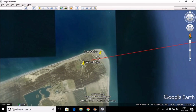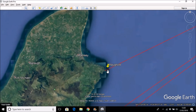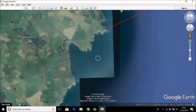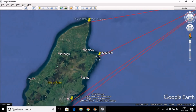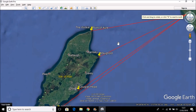Then a little further south we have the Maughold Lighthouse, a lighthouse built on a cliff face. For those of you not familiar with this whole story, the Maughold Lighthouse is quite important in the discussion that's been had about the Isle of Man. It's just here on this headland and is 65 meters above average sea level. Both these lighthouses, all 3 if you include the Winky, are pretty close to St Bees relative to the others. The distance is about 31 or 32 miles to Maughold, and a similar distance to the Point of